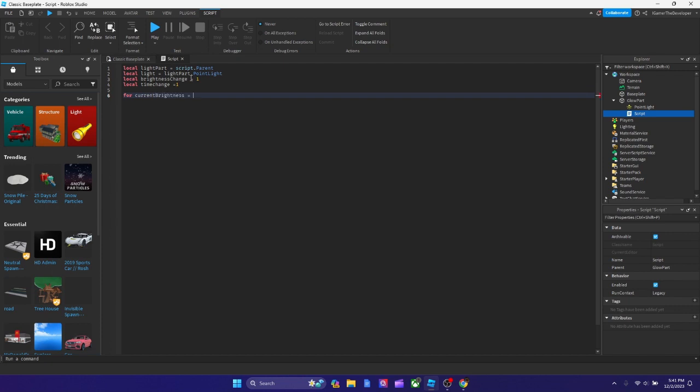and then remember, like I said, we're doing an increment loop, which is a for loop. We're gonna put the start value first, so let's make it 0. I'm picking random numbers, by the way, just to make it look good. So the end value, I'm gonna select 5. Well, you know what? Let's do 7 to make it a bit slower. And the last value, we're gonna connect this to brightness change. So basically, this is the increment value. In other words. And now we're gonna type do,